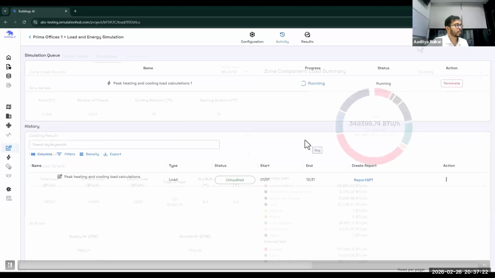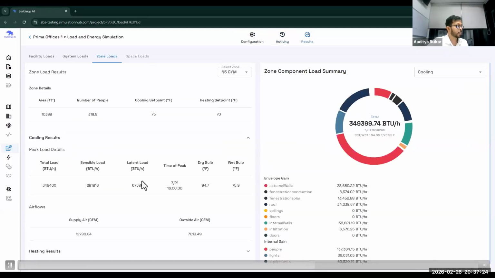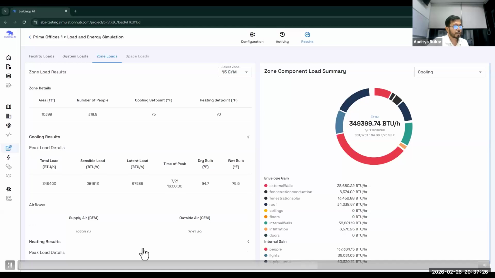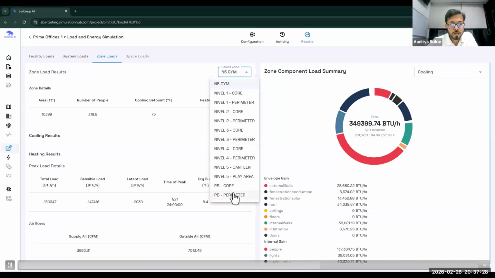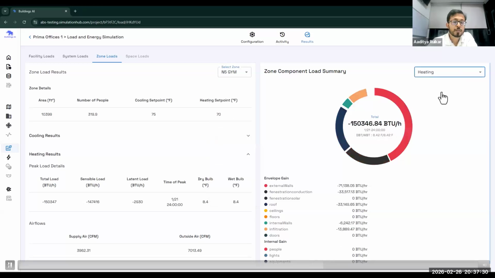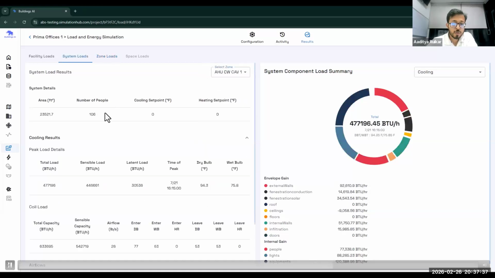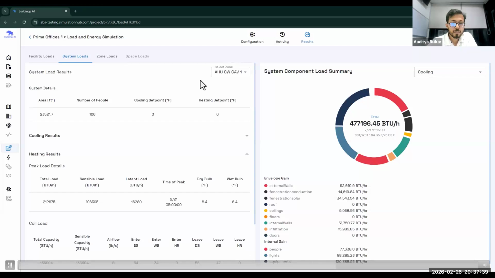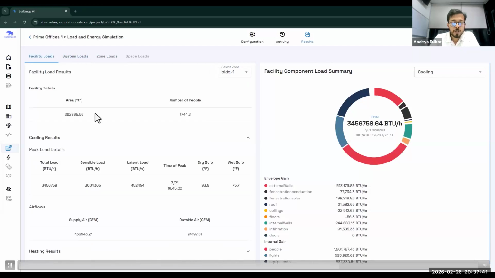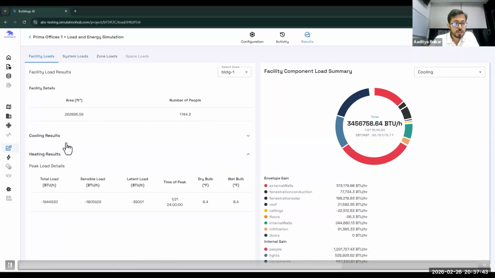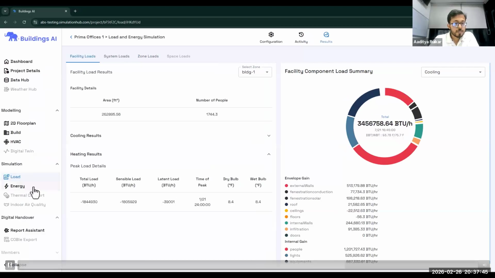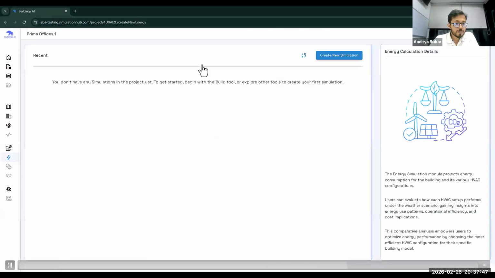It will take 10 minutes to complete the simulation. Then you will get your loads zone-wise, system-wise, or facility-wise, and then a bifurcation of your load with respect to envelope components or internal gains.